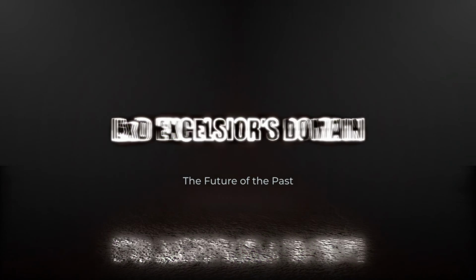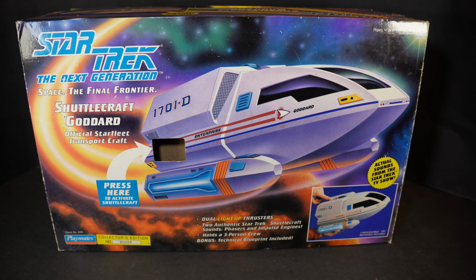So we're returning to the world of Playmates here with Star Trek The Next Generation, Shuttlecraft Goddard. Now, I did do some research on this, and the Goddard isn't particularly different to any other Type 6 shuttle assigned to the Enterprise D. But it does appear in a couple of quite well-known episodes, and perhaps most notably, it's the shuttle that is given to Scotty